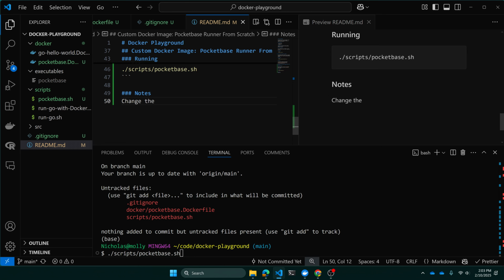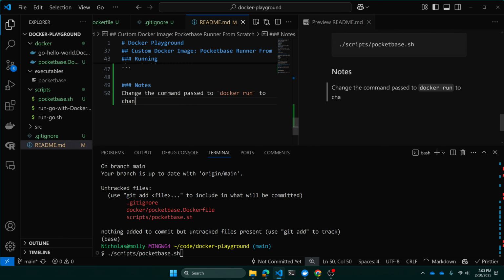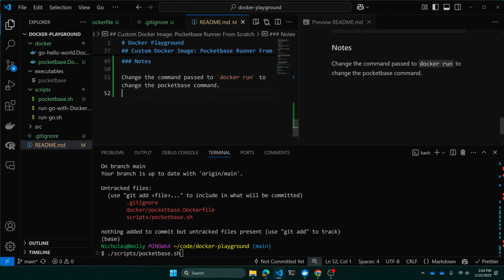Change the command passed to Docker run, using single tick marks to get that code block inline, to change the PocketBase command line PocketBase command, and we can say C,